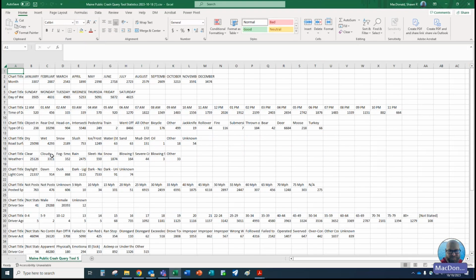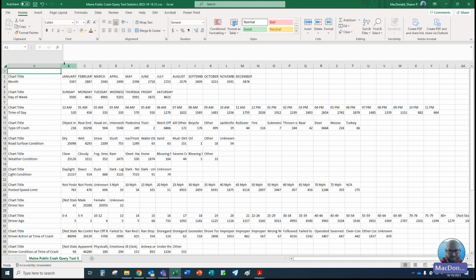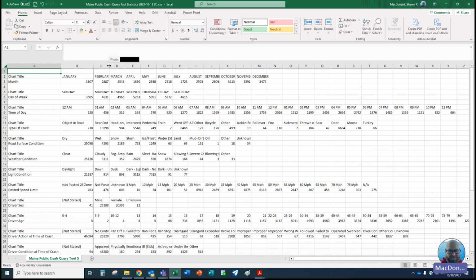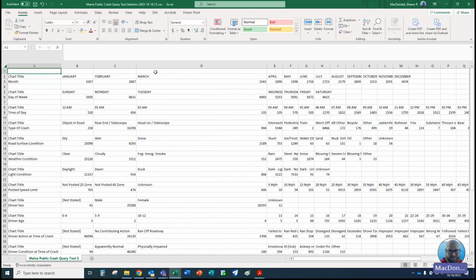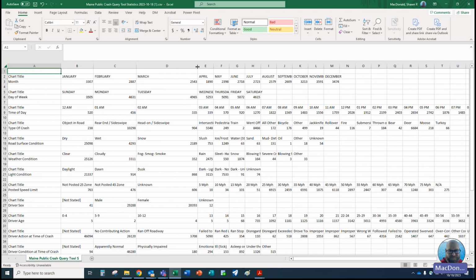And here's what that format looks like. It's breaking all of those graphs out for you into individual Excel files, so you have the information for each one. And then you can do with that as you will. Maybe you don't like the way the graphs are set up, you can use this data. Or maybe you don't even want a graph, you just want the raw numbers, and you can get that information right here by exporting it to an Excel file.